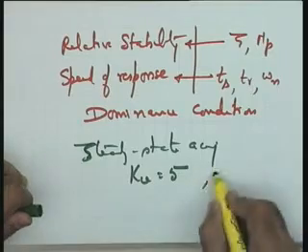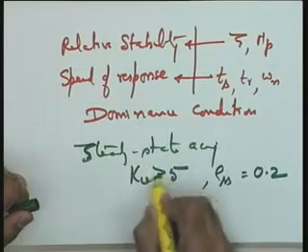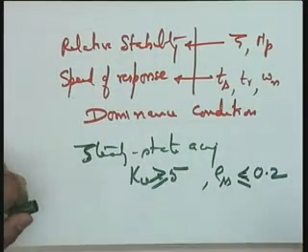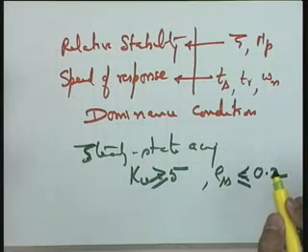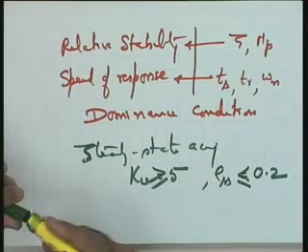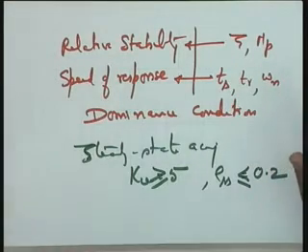Therefore, if I want to specify quantitatively the steady state performance of this system, it has to be specified in terms of steady state error to ramp input, and one of the ways of specifying is to give Kv or directly to say steady state error to ramp inputs is equal to 0.2. I want Kv greater than or equal to 5, steady state error ESS less than or equal to 0.2. If it is a position servo, it is 0.2 radians. This itself is sufficient as an error, and you will like to reduce even this particular error. To get started, let me assume that Kv greater than or equal to 5 is my requirement.